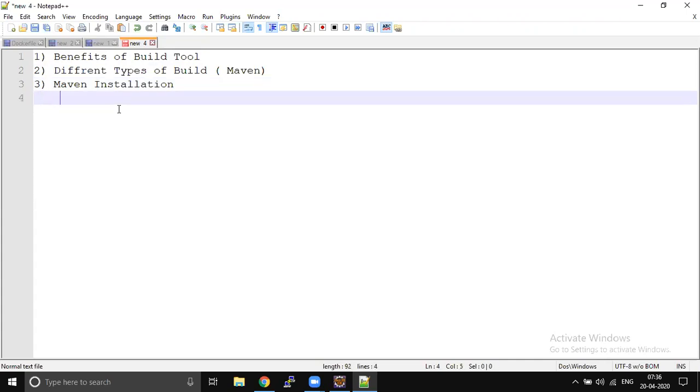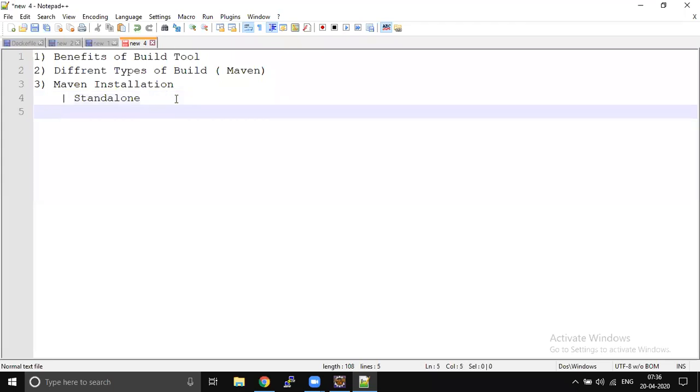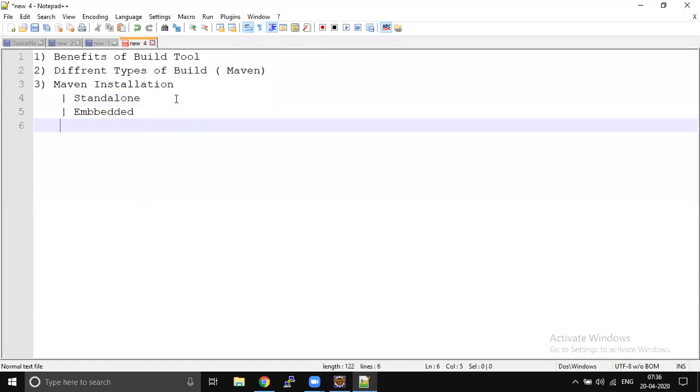One is standalone installation, which we usually don't do on a developer system these days, right? And another one is embedded installation. This is what mostly the developers will be using. And the next one is